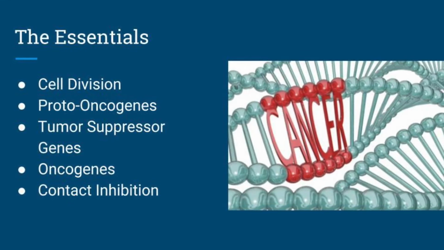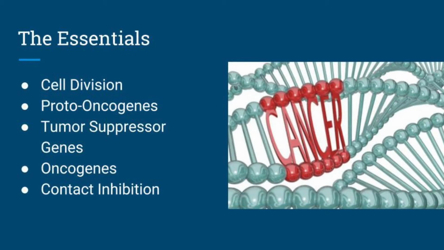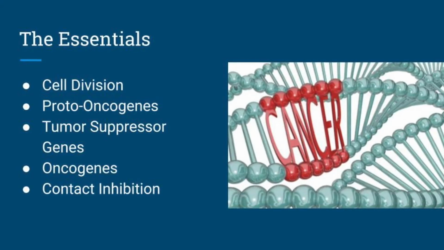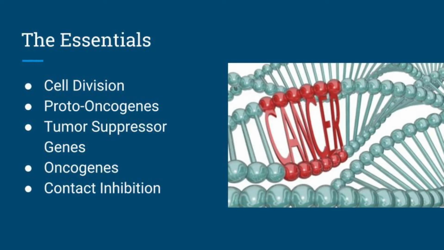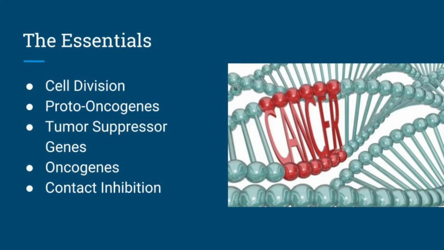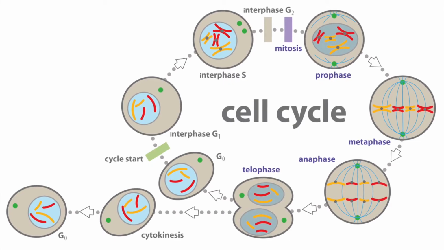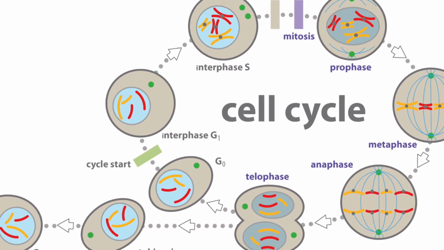Cells also have the characteristic of contact inhibition. That means that cells are able to tell when they have divided enough by noticing that they are touching other cells around them, having successfully filled in the gap. When there is an error in either proto-oncogenes or tumor suppressor genes, they become oncogenes. This means cells are unable to control their division, and contact inhibition is abandoned. Cells begin to divide uncontrollably, and cancer is formed.